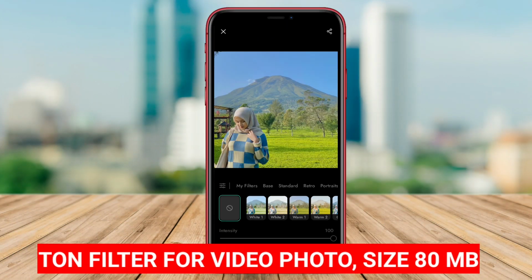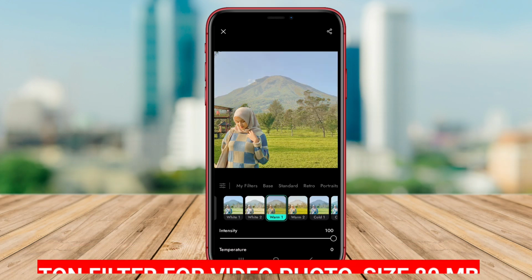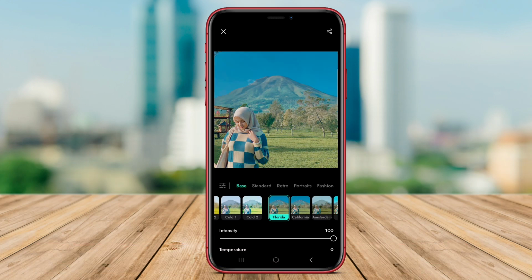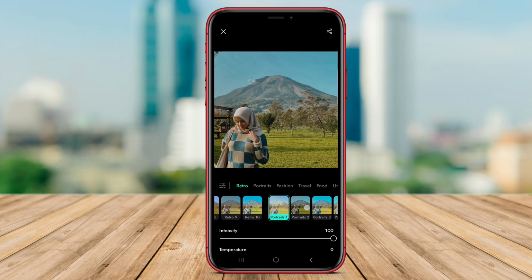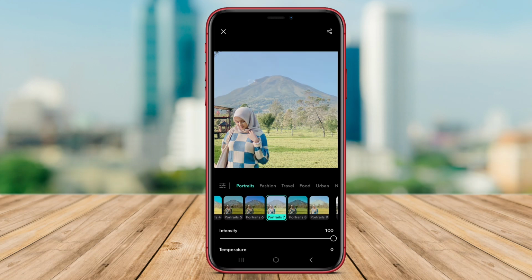Ton Filter for Photo Video. Ton Filter for Photo Video is an Android application that allows users to apply tonal filters to both photos and videos. With a wide variety of filter options ranging from vibrant and bold to soft and muted tones, Ton Filter